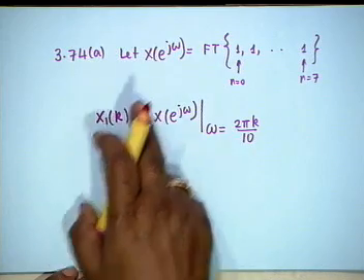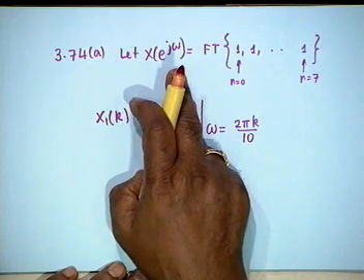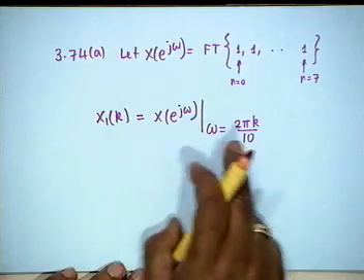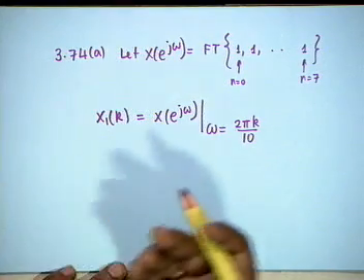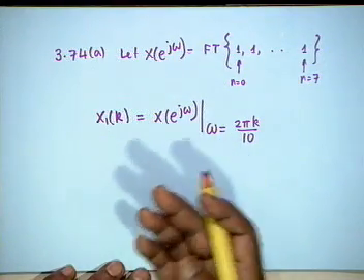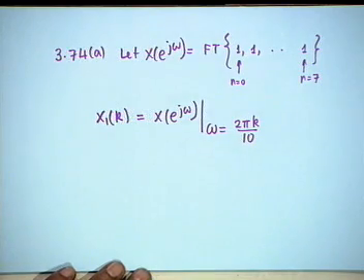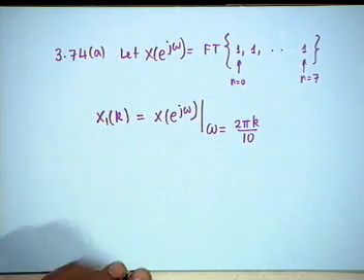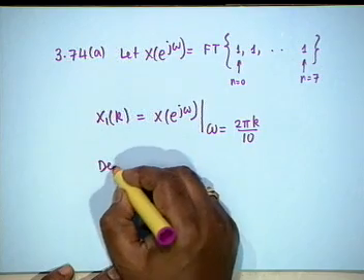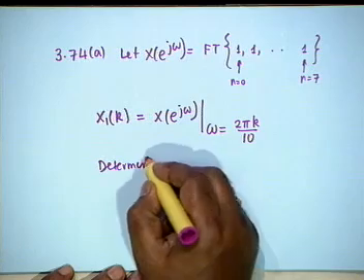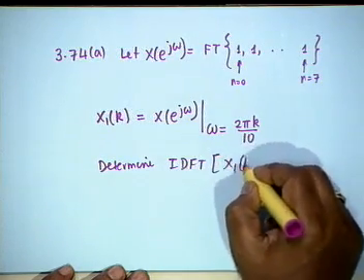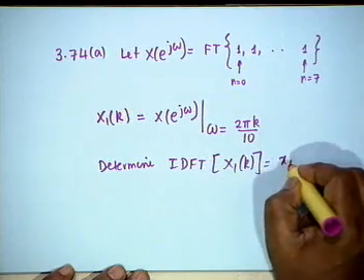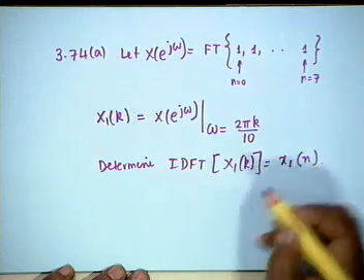x1k is obtained by sampling capital X of e to the j omega at intervals of, no, the number of points is not given, it says at intervals of pi by 5, which means the number of points is 10, because 2 pi divided by pi by 5 is 10. Starting from omega equal to 0, determine the IDFT of x1 of k, call this x1 of n,